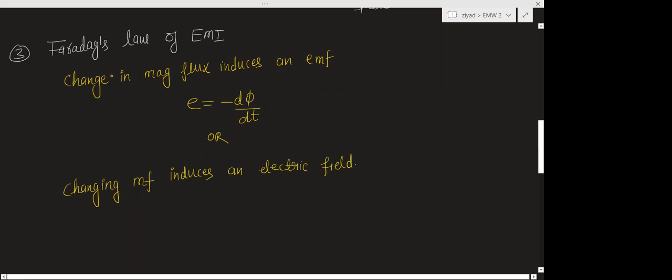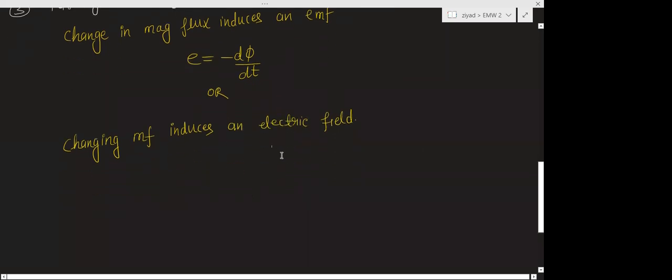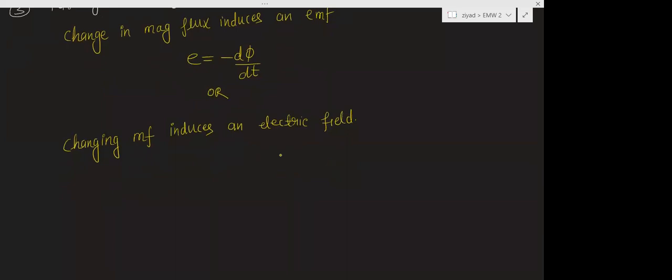So basically, this statement is the same as the earlier statement. Magnetic flux is basically the number of magnetic field lines, and EMF is basically an electric field. So changing magnetic field induces the electric field. So the EMF can be written as E dot dl